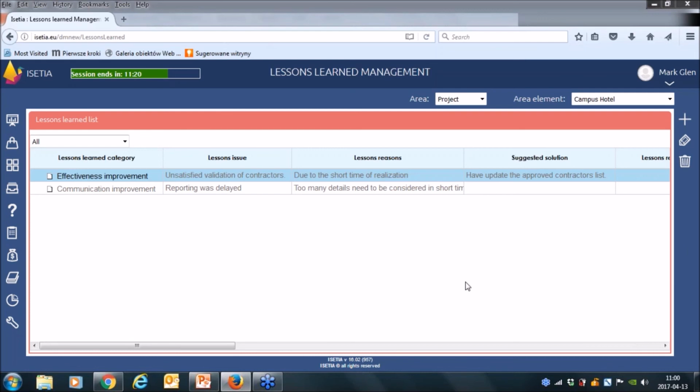It is not an obstacle to have many details on the one side, and general aggregated information on the top management level. So this is our response to the demand for how to mix these two worlds together. Thank you very much and goodbye.